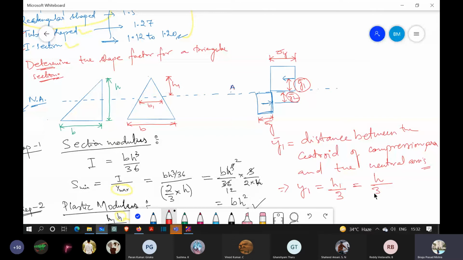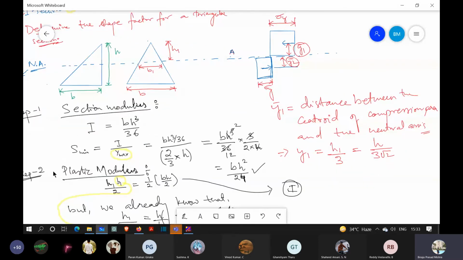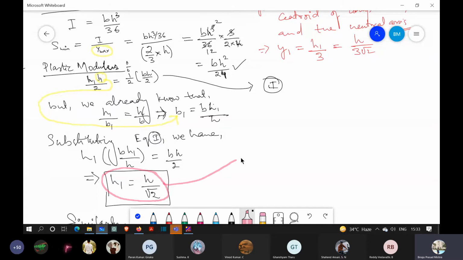Here we have found that h1 equals to h by root 2. So this implies y1 equals to h by 3 root 2. Okay, now